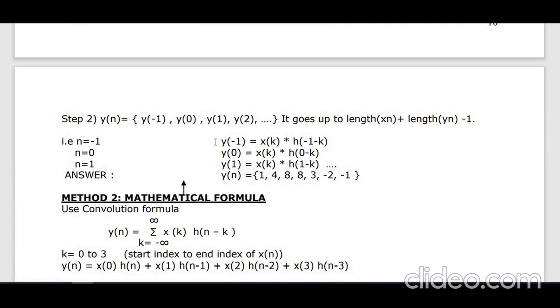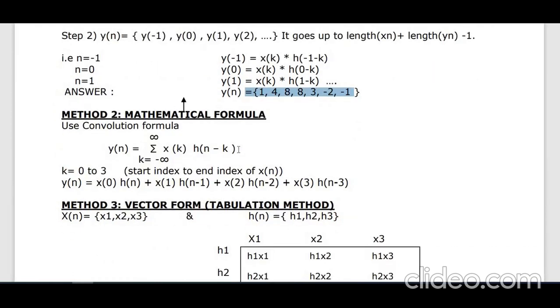So we need to find the convolution. How do we find convolution? We have to take the graphical representation for it. We know from the signals and systems classes that we can draw the graph by changing the position, by putting the folding on the left-hand side. If you do that, you will get this answer. Clear? This is how you can try it, and you can check the graphical representation of convolution from there.